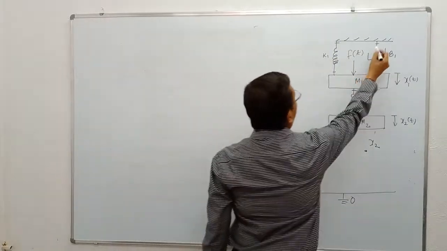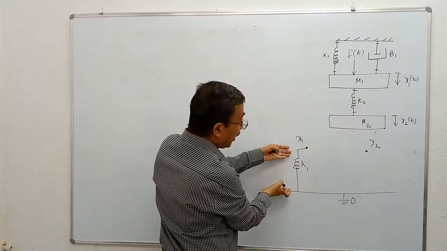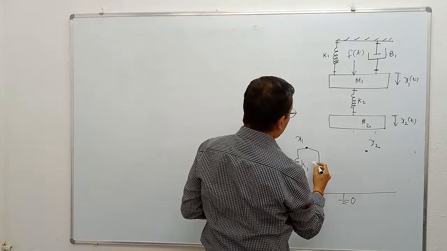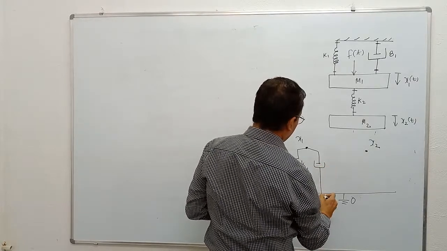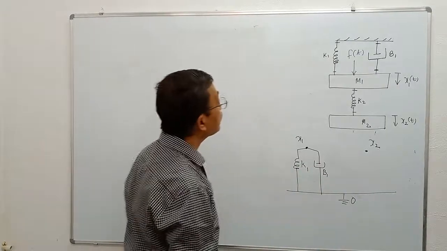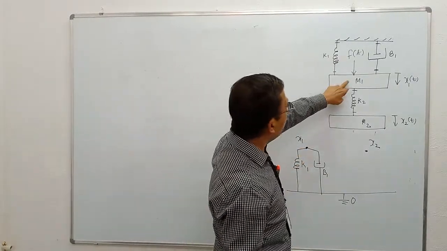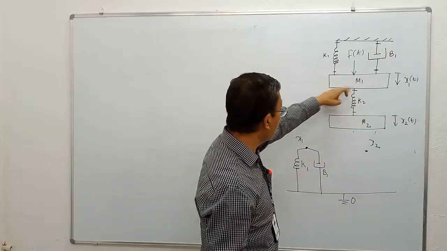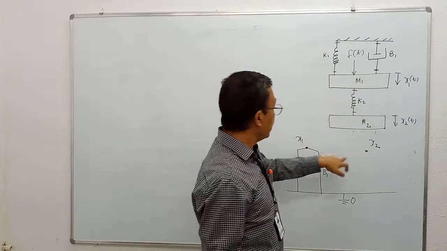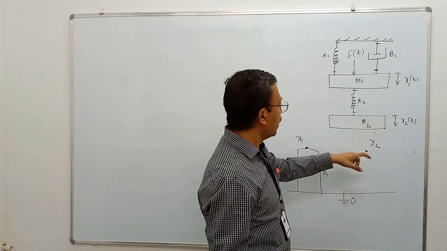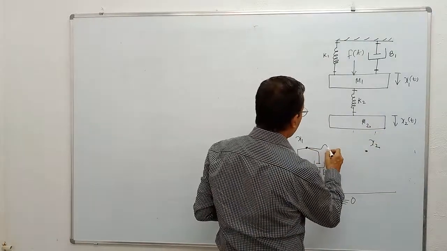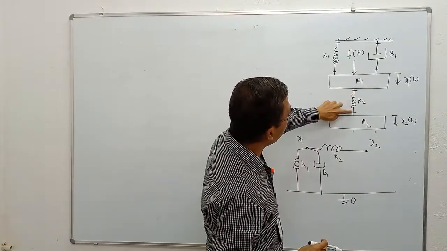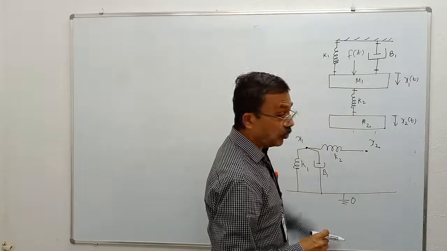So now b1: let us clamp b1 in this mechanical network. Here the displacement is 0, here it is x1. So I will connect b1 between x1 and ground. See, m1 in this figure, again repeat, corresponds to x1 in this figure. Now k2 is connected between m1 and m2. m1 corresponds to x1, its displacement. x2 corresponds to m2, correct? Therefore, k2 is inserted between x1 and x2. In other words, here the displacement is x1, here it is x2. Therefore, k2 is coming between x1 and x2.